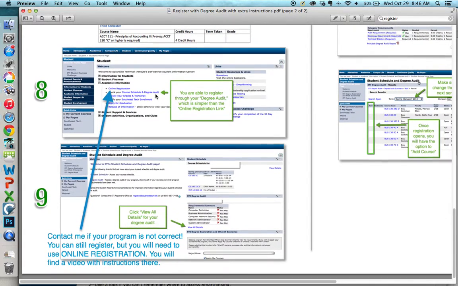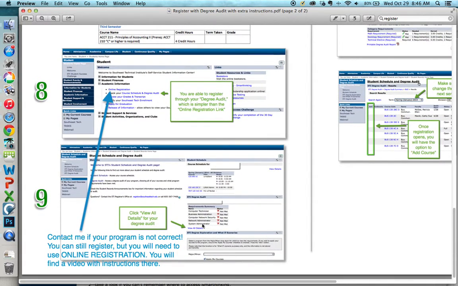Okay, so we'll click degree audit there, and then on the next screen, you will see your degree audit listed right here. Your schedule will be above, and then your degree audit is listed right here. This just happens to be a student that had changed programs and at one time had been a triple major in something, so their programs are still listed there. You might only have one listed, and that's just fine. If you have a program, maybe you're a double major and it isn't listed here, please let me know that right away. You will not be able to register for all of your classes possibly